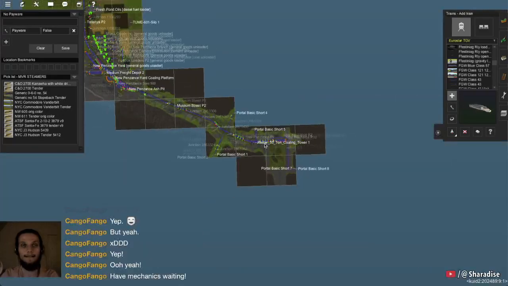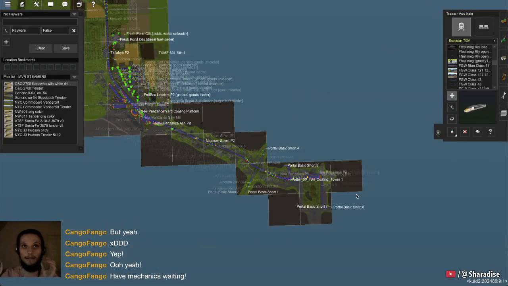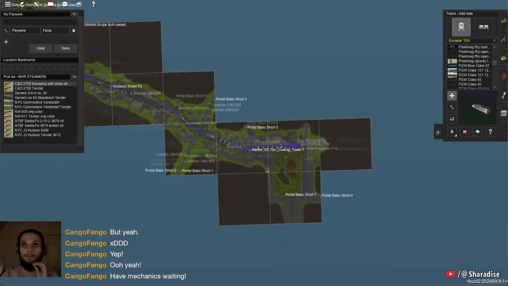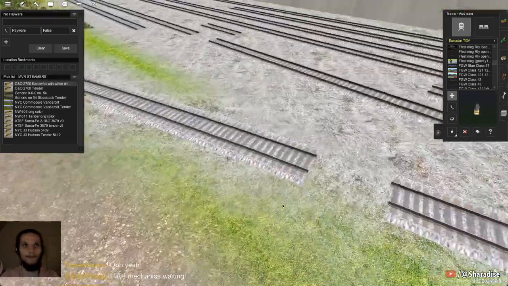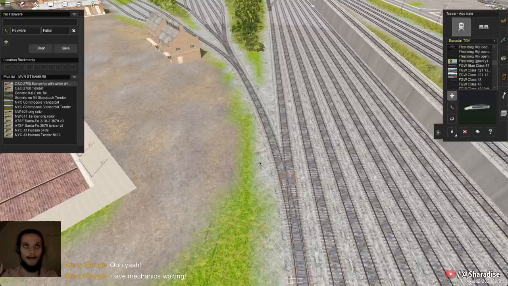So the plan is currently to take the train in, and then maybe I'll have a little bit more complicated scripting for an AI train to then take the coaches, pull them back into the siding, and then that will allow the locomotives to run back into the yard, into the diesel servicing area, which should be,